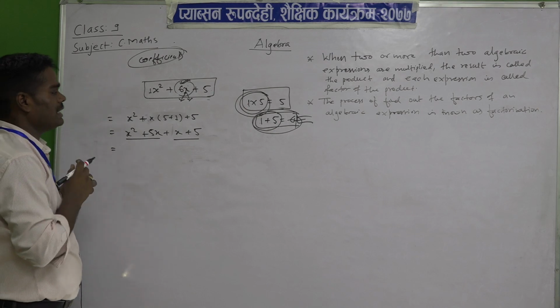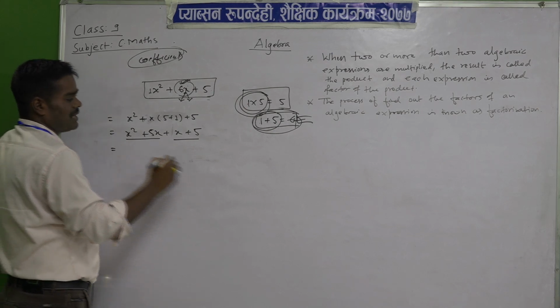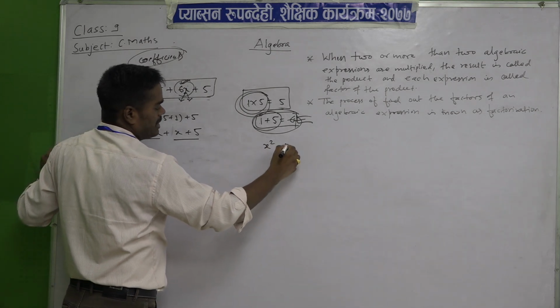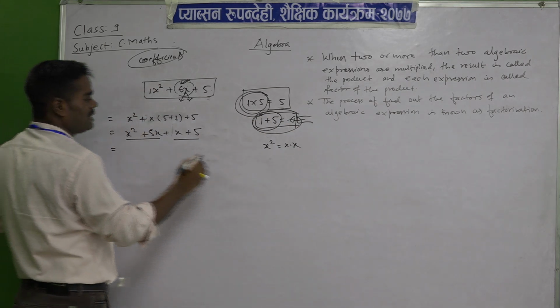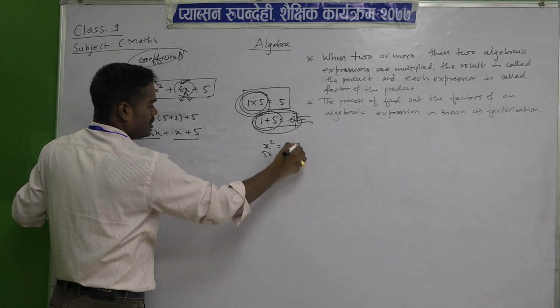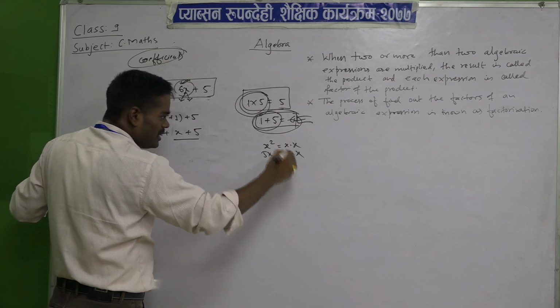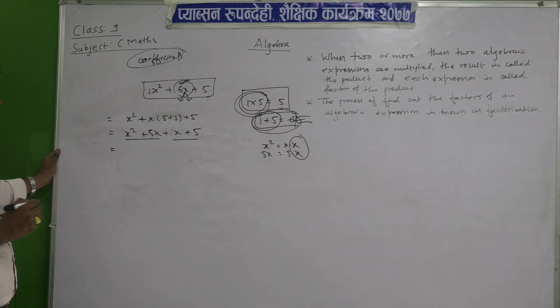अब कमन लिने तरिका सबभन्दा राम्रो तरिका के हो भने पहिला राम्रोसँग टेक्निक बुझ्ने, फर्स्ट टर्म यहाँ लेख्ने, रफमा लेखा. x square means what, x into x. Any confusion? And then after here 5x, so 5 into x. So see here, in these 2 terms what is common? x is common.